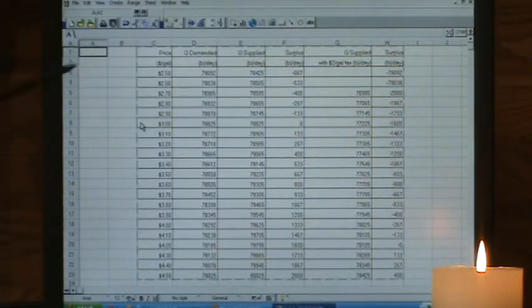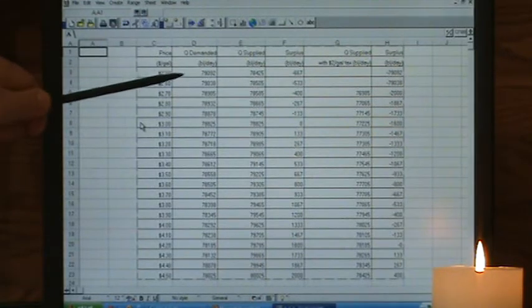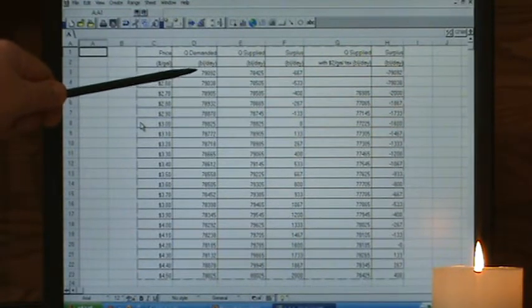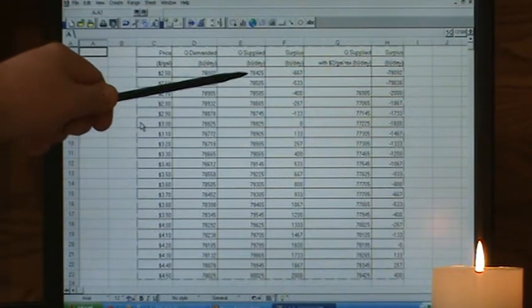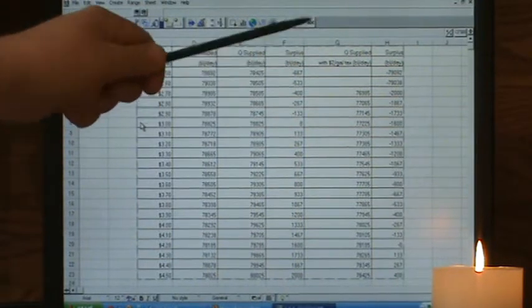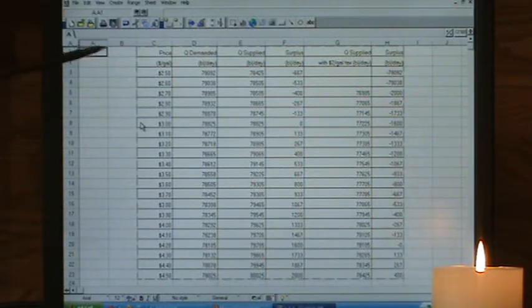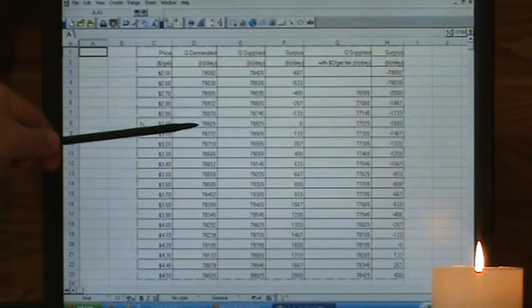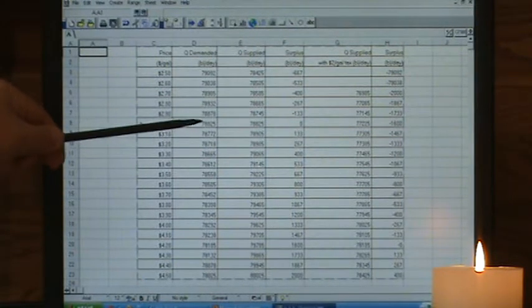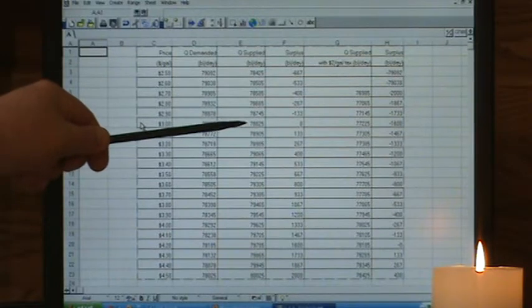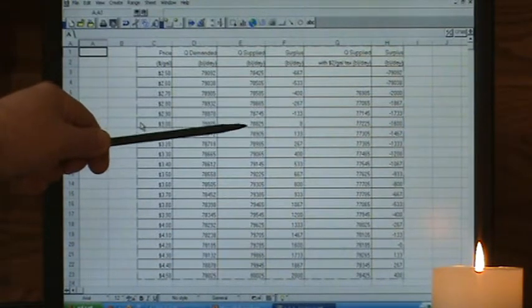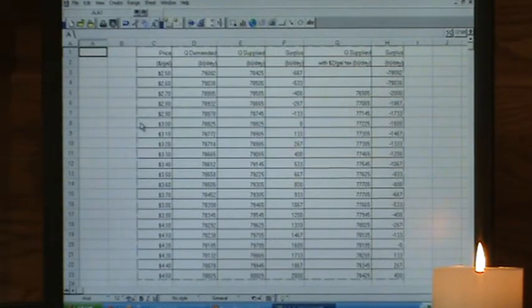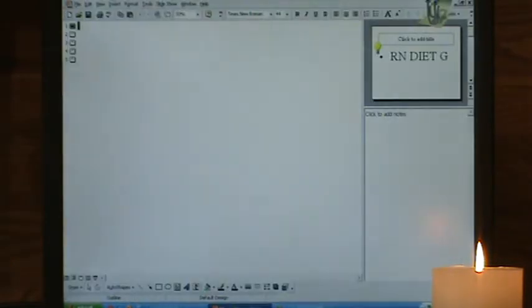And what we see is that at low prices, $2.50 per gallon, consumers want to buy a lot, 79,000 barrels per day, whereas suppliers are only willing to supply 78,000. We have a shortage of about 1,000 barrels per day. But as the price gets bid up to $3 per gallon for gasoline, consumers have cut back their consumption to 78,000 barrels per day. Suppliers have increased their production to 78,000 barrels per day, and we have now neither a surplus nor a shortage.